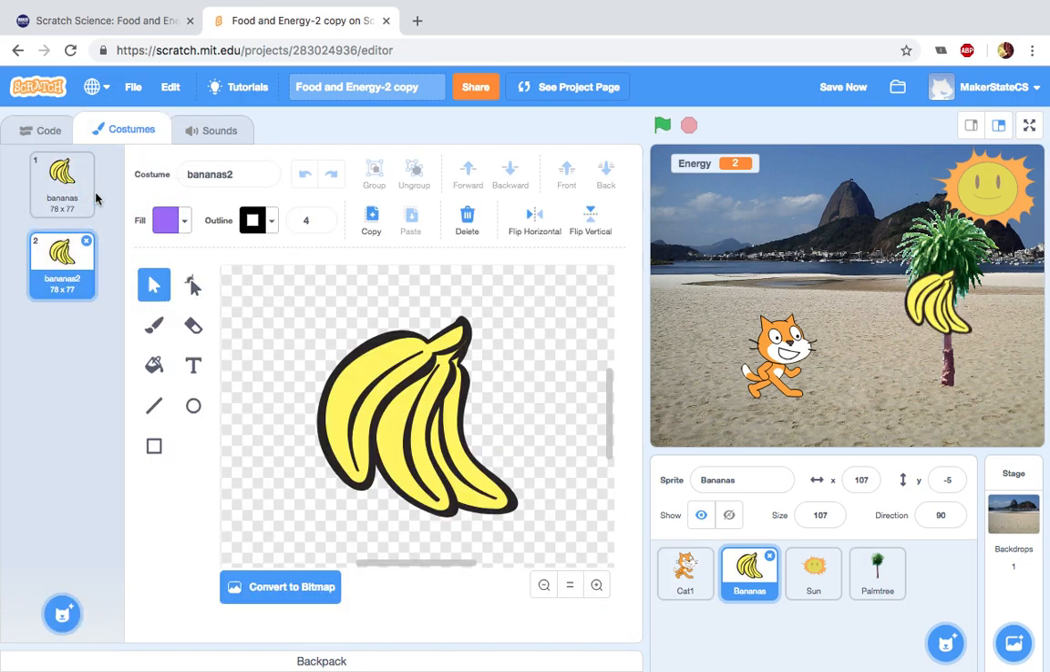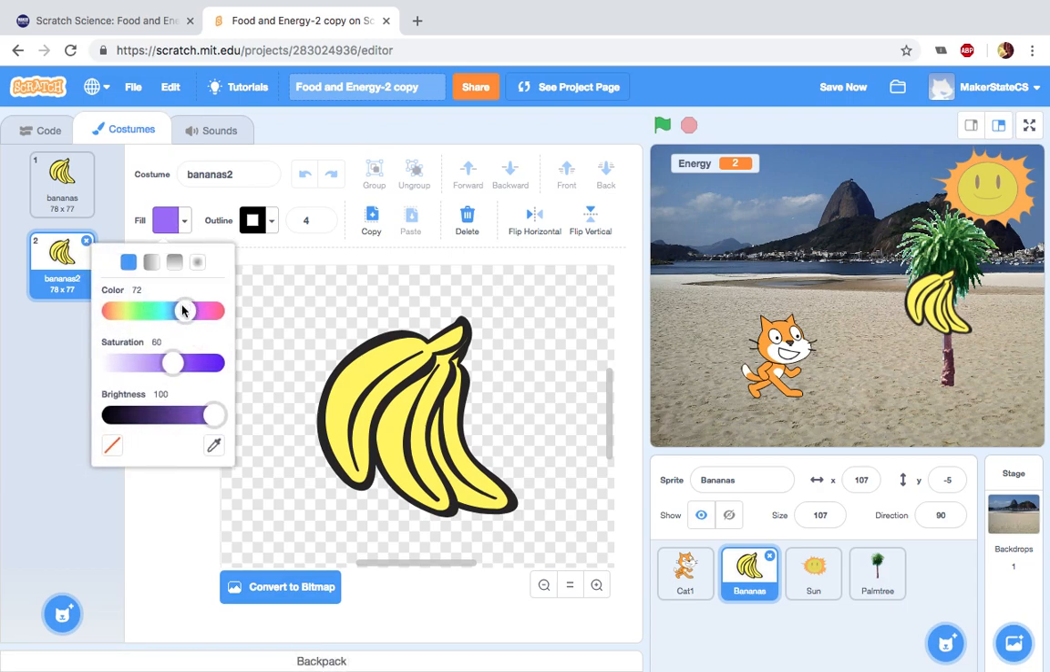I'm going to duplicate these costumes with a control click. You see that again in Scratch 3.0, there is no duplicate tool anymore. You just have to control click and then copy and paste. Now I have my green bananas, and I'm going to fill these bananas